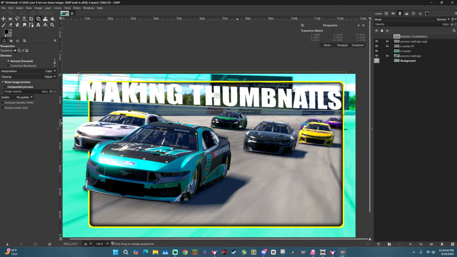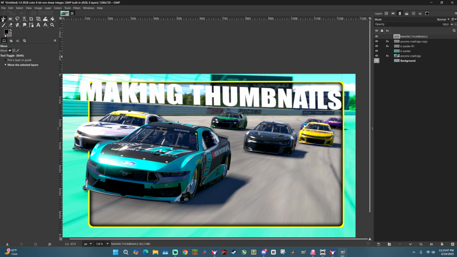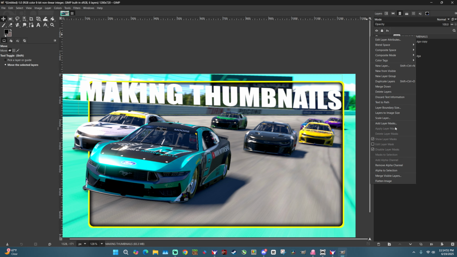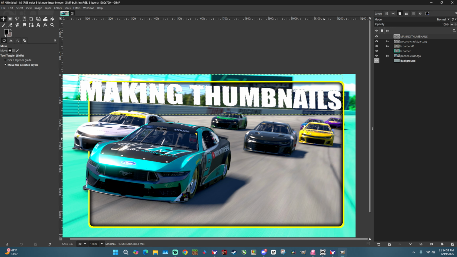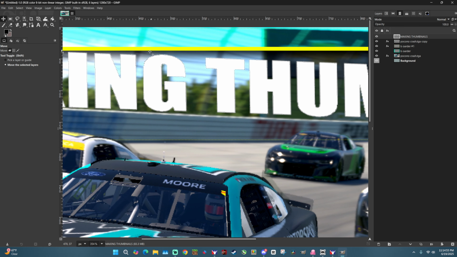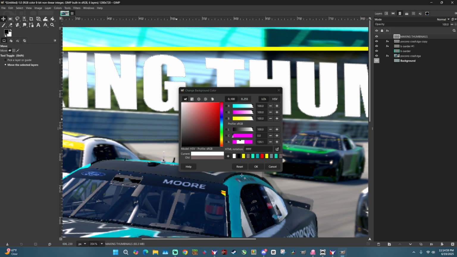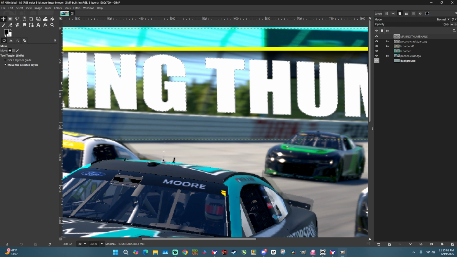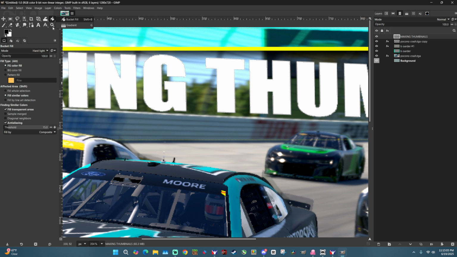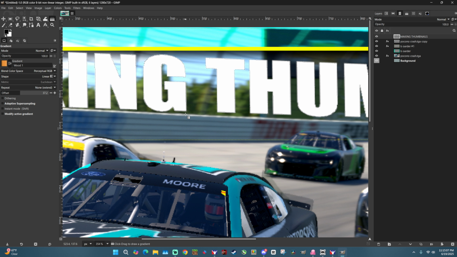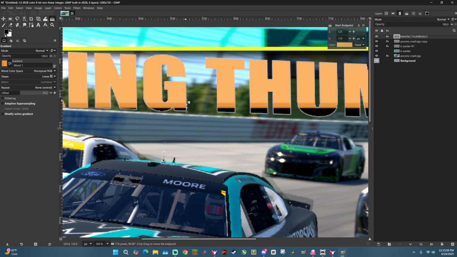So something like that. We're going to click that, and then come over here to the right side and click alpha to selection. What that's going to do is put an outline around all your words and stuff like that. We're going to set a black and a white or whatever colors you want, and then change from the fill to the gradient. And if you hold control and then set your,